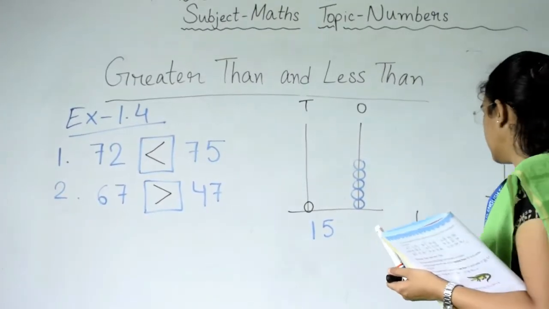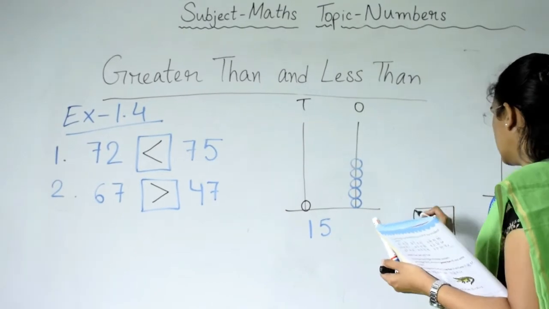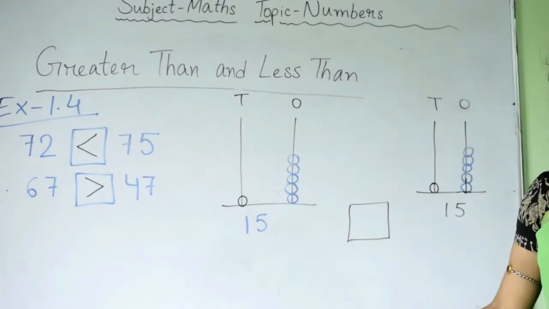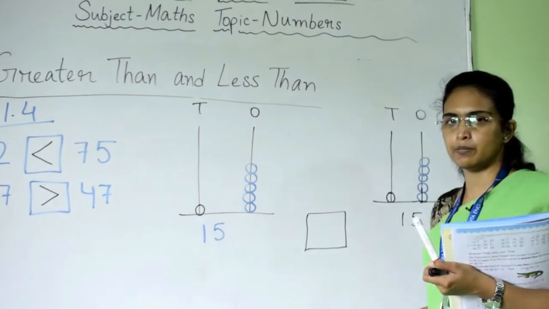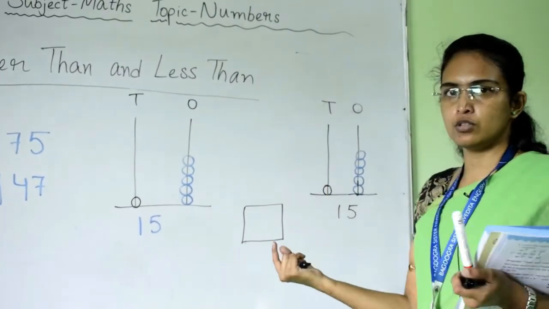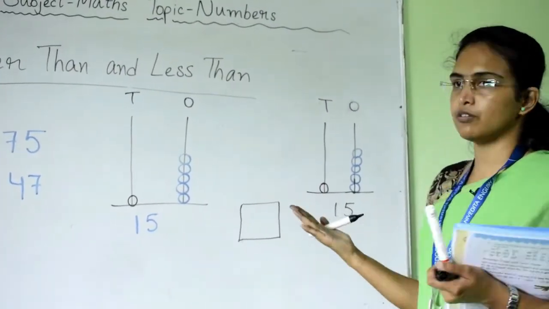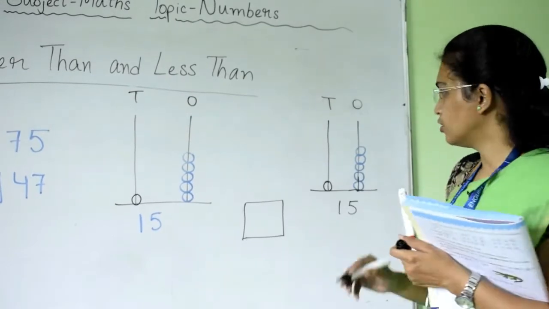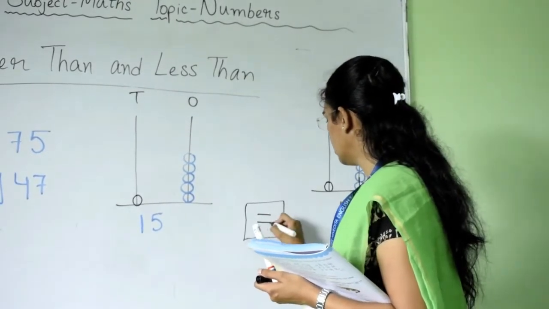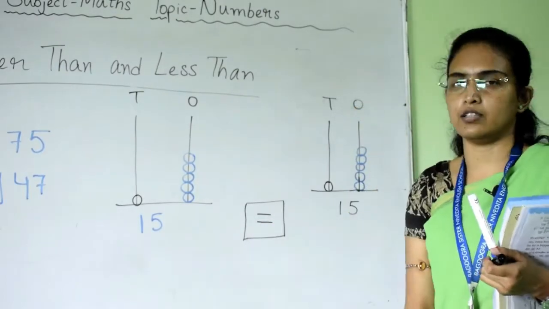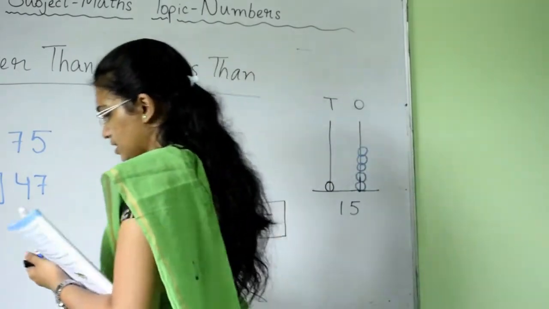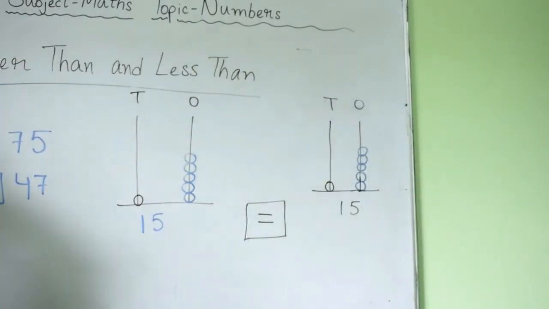So what will happen? Which sign do we have to put here? Now this time both the sides are the same. There is no biggest number, there is no smallest number. So which sign do we have to put here? And the crocodile is confused. So when he became confused, he closed his mouth, right? So we have to use this sign. This is the equals to sign. Okay. Now like this, I will show you another example.